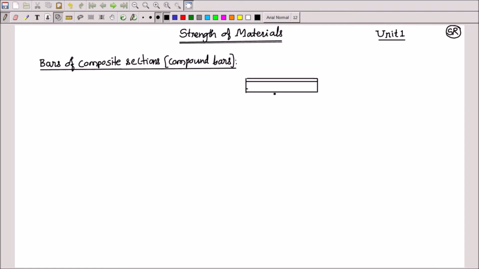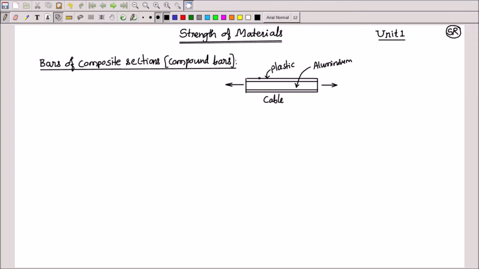The outer layer is some material, maybe plastic or aluminum or anything. The inner material is different. It may be steel or aluminum or some other alloy. So there are two materials in combination, but both will take the load. If it is a cable, normally it will be subjected to tension like this. Cables are called no compression members.